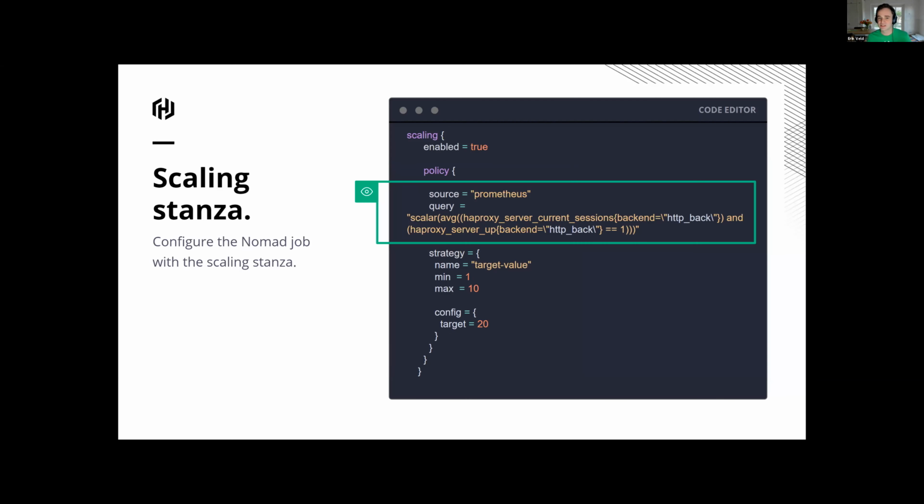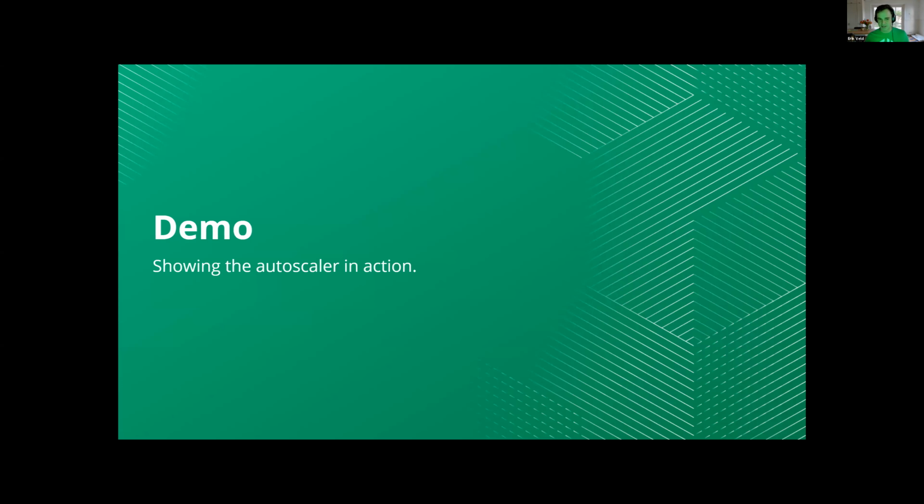And another example of a policy might be where we query Prometheus and we get the number of sessions per instance that is up. And then we have the average of that. And we can, for instance, say that we want the average number of sessions per instance to be 20 or lower. So that's what this defines. I have my normal Prometheus query there, and then the target value. So now let's actually get to the good part and try and show this in action.